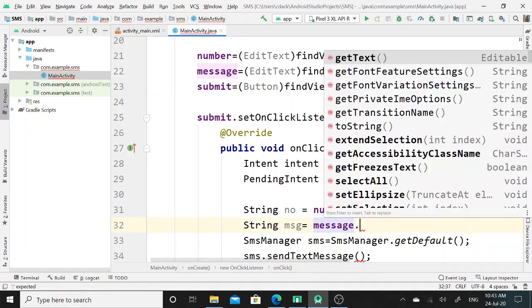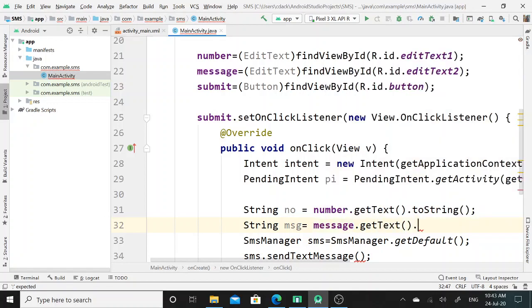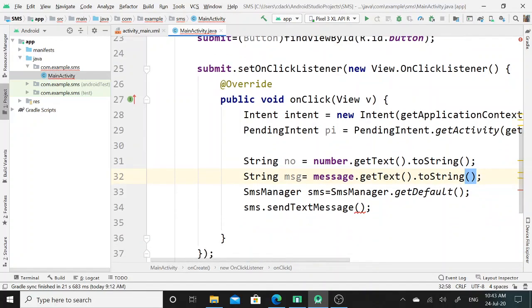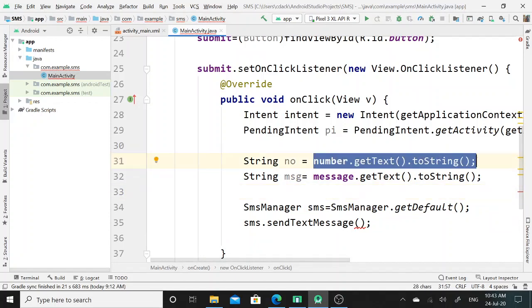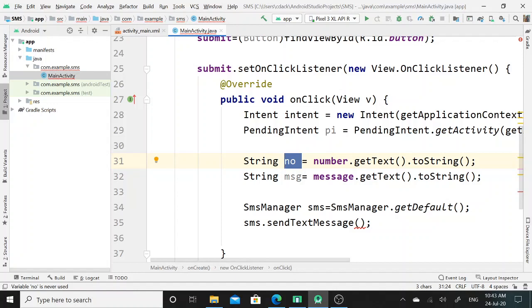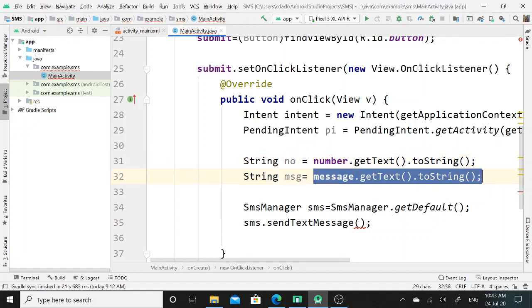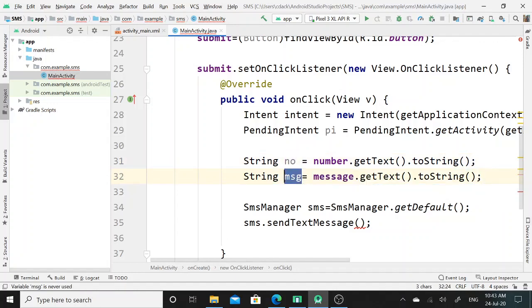Here with the help of message reference again I will call the get text property and toString method. So in this way the contact number will be assigned to the number variable and the user's message will be assigned to the msg variable.